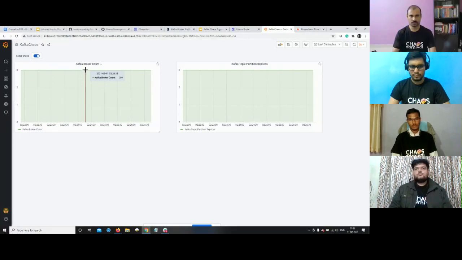So the requirement for the experiment is to have the number of brokers maintained at this number before and after the experiment. All right, so this is what I have for my cluster. And the tools that we're going to use, of course, are the Chaos experiment chart for Kafka and the Litmus